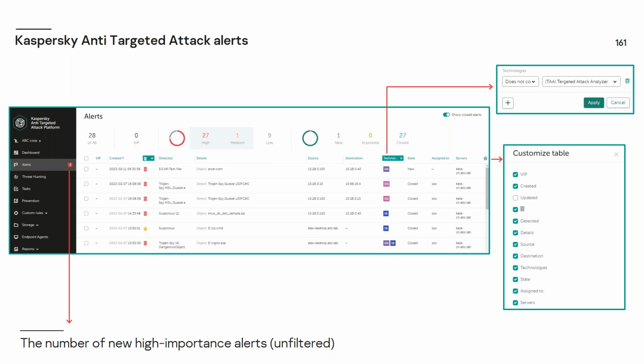Now, what I want you to focus on firstly is the technologies. So the technologies area is going to tell us which technology has detected a specific alert, right? Here you can see AM, IDS, SB, AM, and SB, right? Now what this means is anti-malware engine, intrusion detection, sandbox, right? So this information is going to help us to understand perhaps the method of detection,